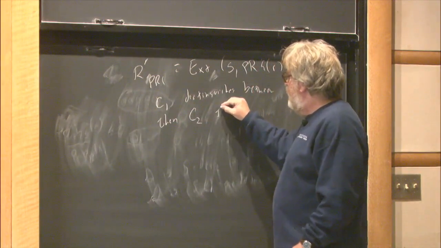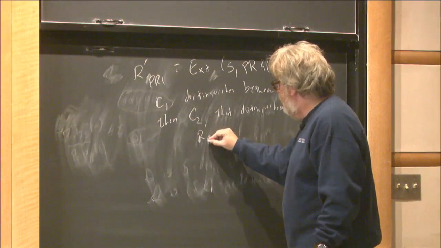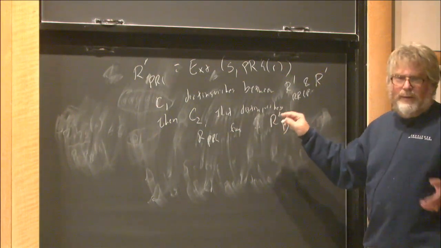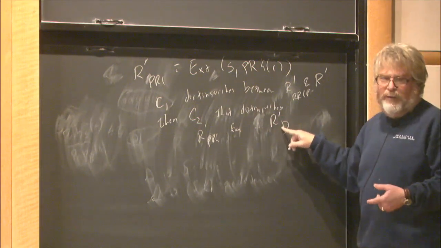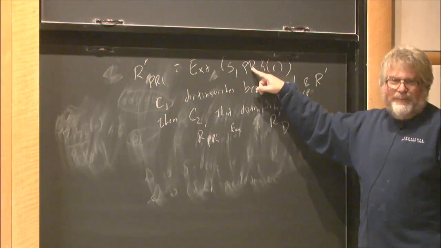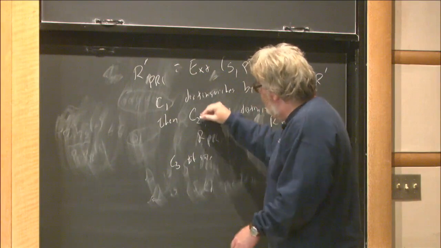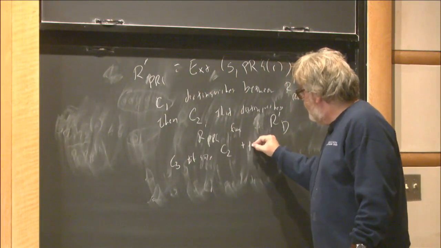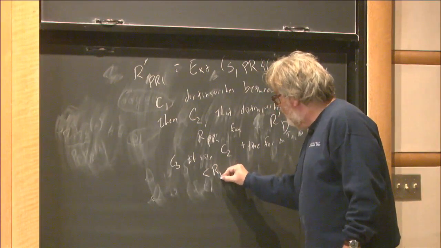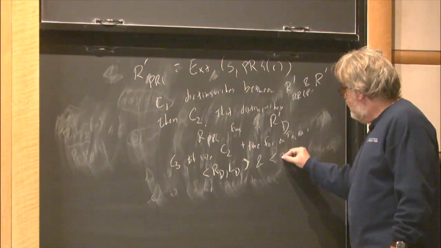we'll get a C2 that distinguishes R prime pseudorandom generator from R prime sub D, okay, because R prime, when we use this D, we know it is uniform. Then we'll use that to get C3 of size roughly about the same size plus the time for the extractor, that distinguishes between the pairs R_D, L_D and PRG R,